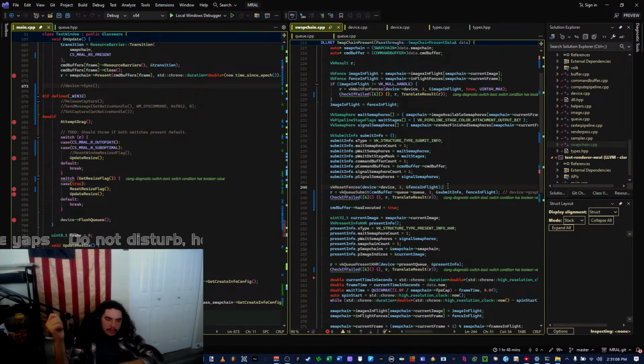It's using its own semaphores because it's a swap chain. It's separate. So, what's the issue? It's the same code as I used to keep on my previous version.